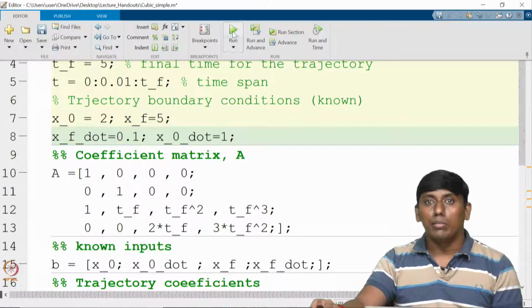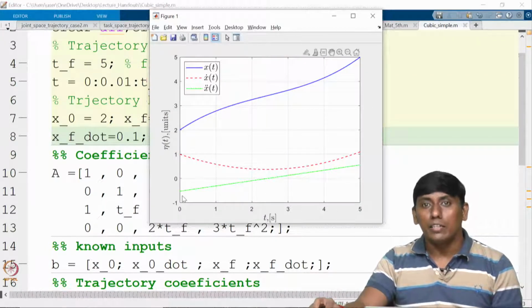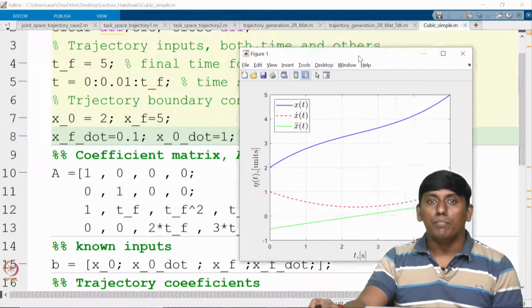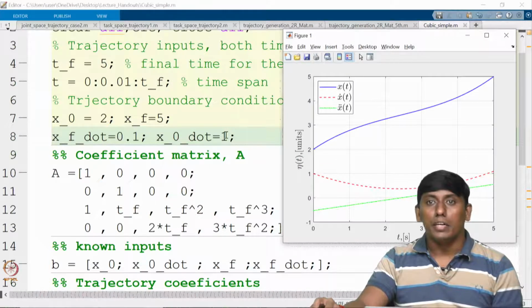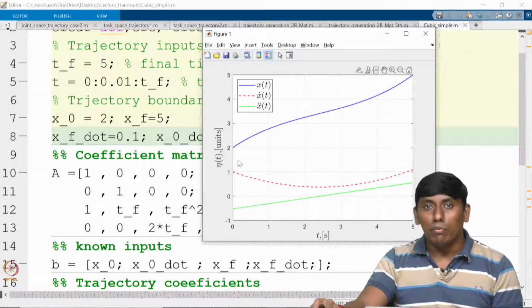So now I am trying to rotate, trying to run. You can see the final is 0.1 and the initial is something around Z1, right? So that is what is trying to happen. So now this is all happening. Now you can see it is starting from 1 and it moves to 1.1